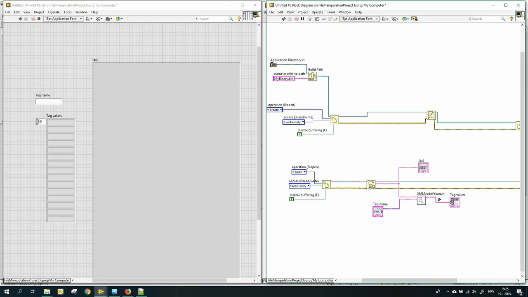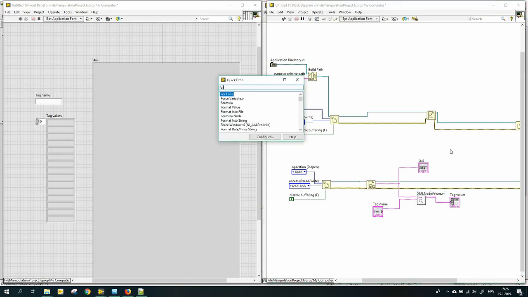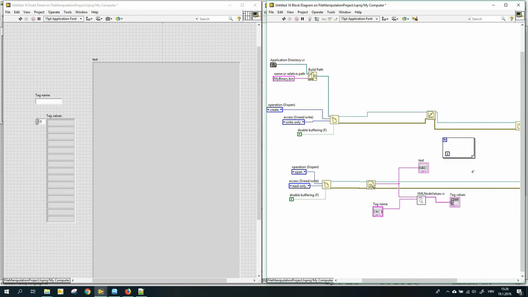So we have here an array of strings. We will convert this array of strings to an array of numbers. So we will make a sub VI that converts an array of strings to an array of numbers. So how to do that? The first thing we're going to do is use a for loop here, and we will connect this array of strings to the auto-indexing tunnel